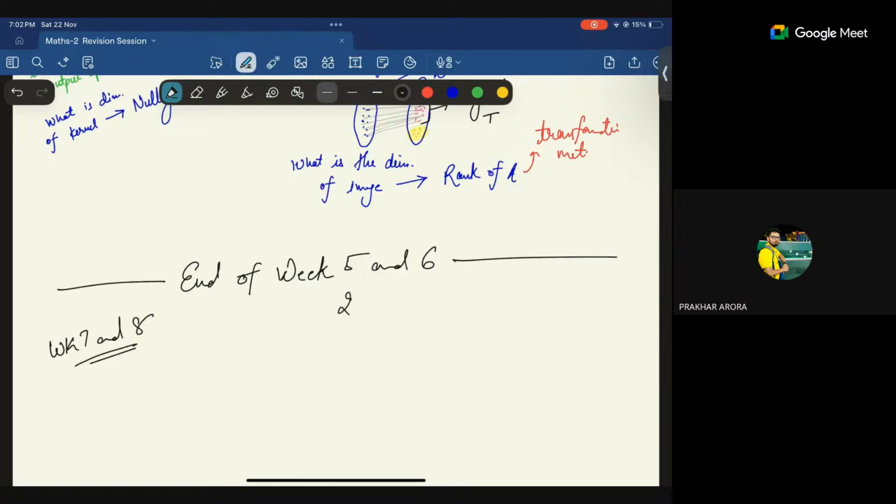Now this took 2 hours. This was kind of what I expected. I think week 7 and 8 should be finished in 1 hour, if the part of projections and what comes after projections, the Gram-Schmidt process, does not take more time. So let's take 5 minutes break, and then we will start again.